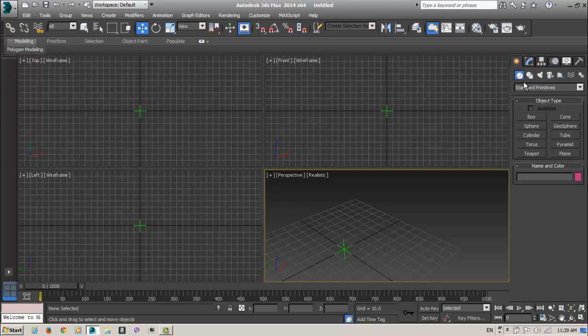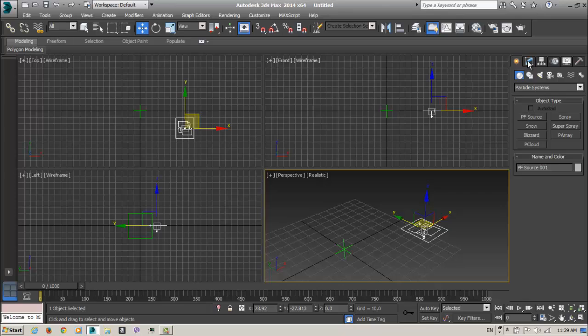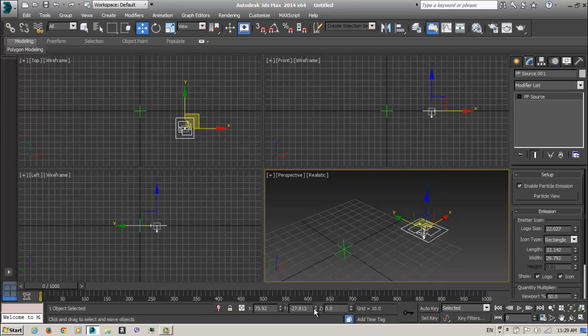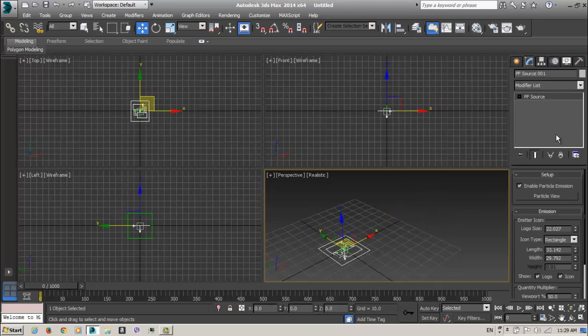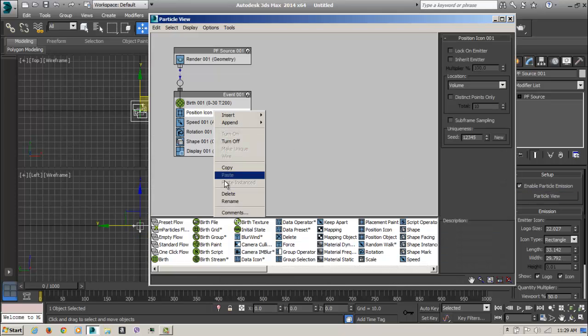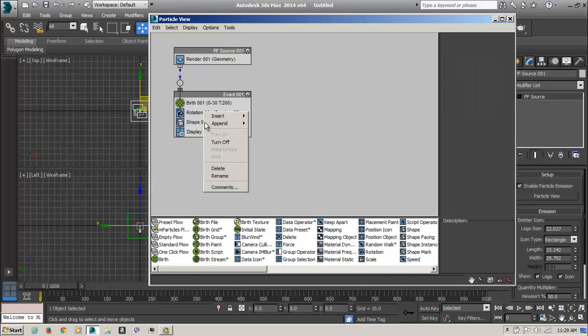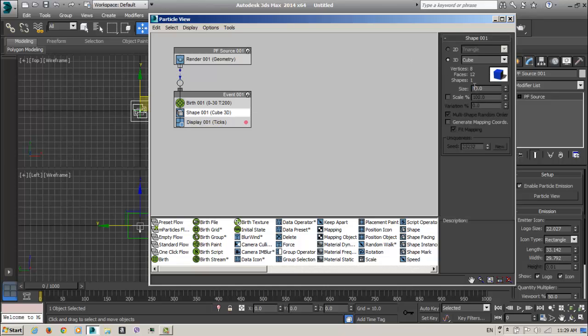I go here to particle system and PFlow, create a PFlow here, and I can make it 0, 0, it's no problem. And go to the particle view. I delete the position, I delete speed, I delete rotation, and I will have just this. Make it very small, size 1.